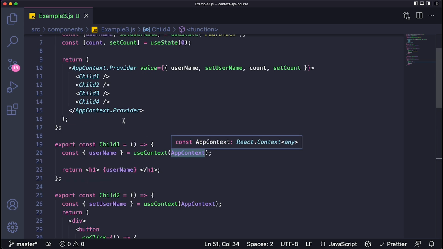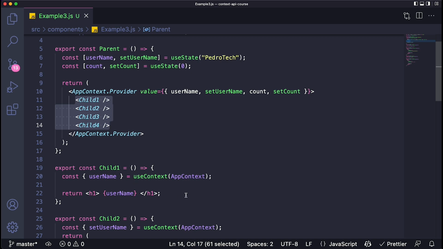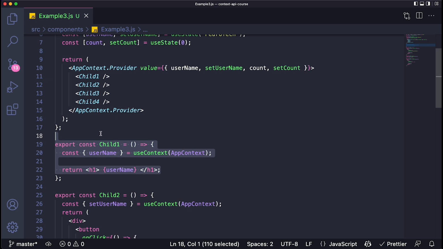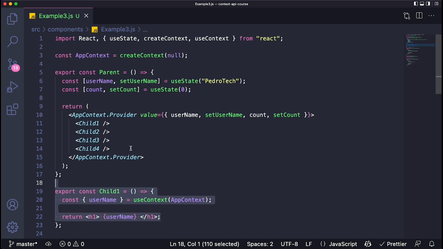We have 4 components. All of them are siblings to each other, and they all have their own purpose, right? One is just to display the username, one is to display the count, one is to change the username, and one is to change the count. Now, this is a very simplistic analogy to a real-world project, which would involve a lot of components, not just 4, and a lot of components that are branching off each other, and with higher complexity and everything that a real project would encompass. But in this case, you can already see one of the negative parts of the context